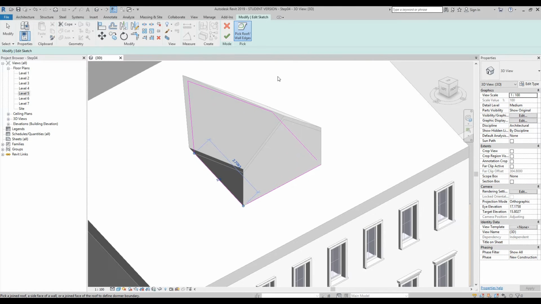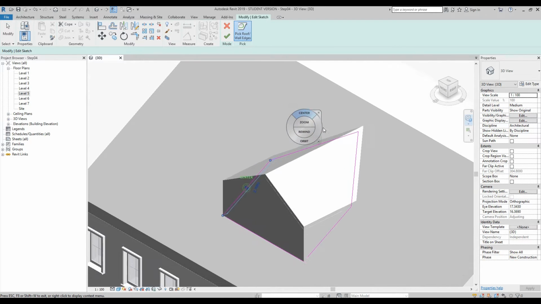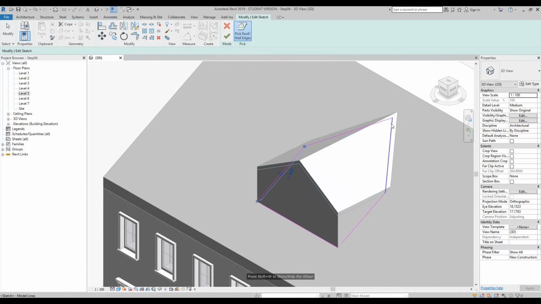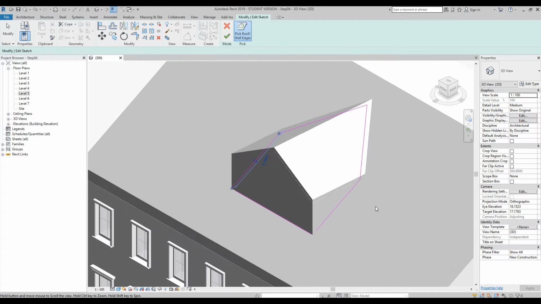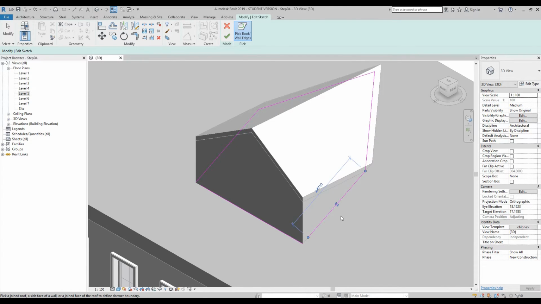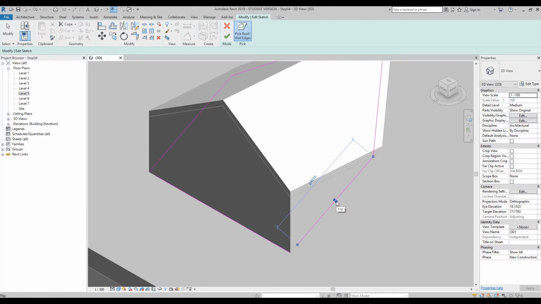Now once you've done that, you'll notice two things. The dormer roof has taken the inside line and the cheeks have taken the outside line. So to make sure that the opening is inside the building, we're going to select this line, and you see two little arrows. Once you click on these two arrows, the line will move into the inner face of the building. So we're going to do that on three sides. So this one, select the line, click the double arrow so it jumps in, and then the other one,